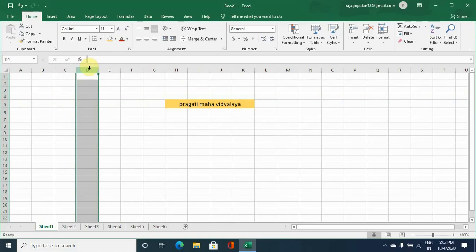Any modification to be made with regard to the size of a cell can be done by selecting the cell. Now say we have selected a column here by placing the cursor on the header. Then you can select multiple cells, shift plus side arrow.